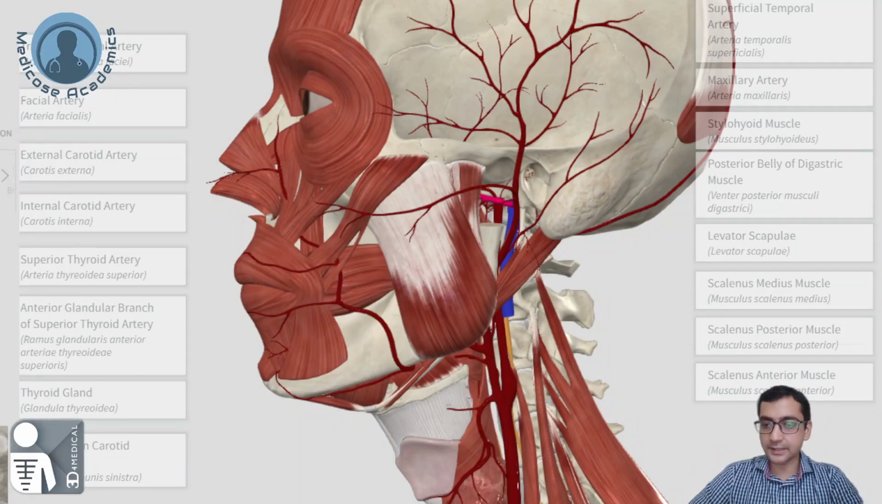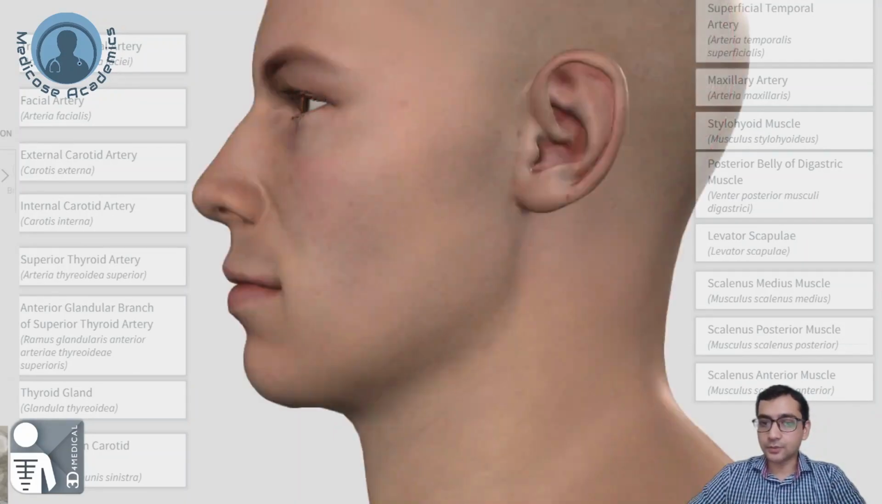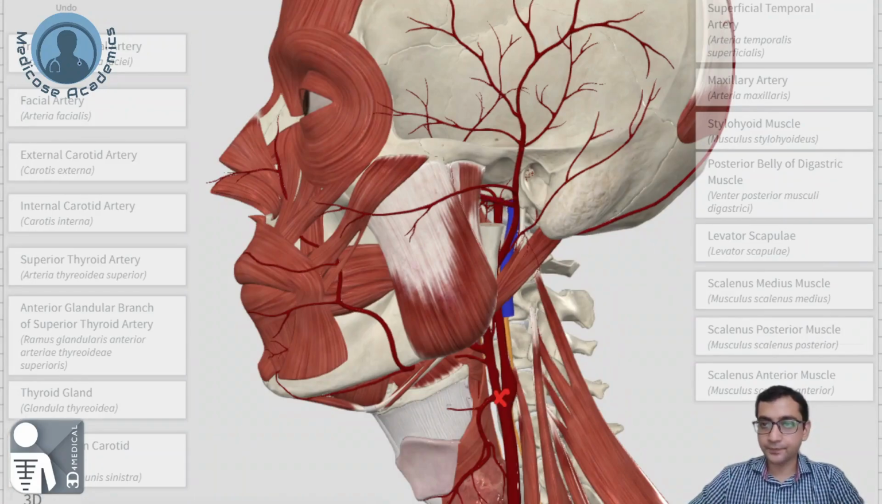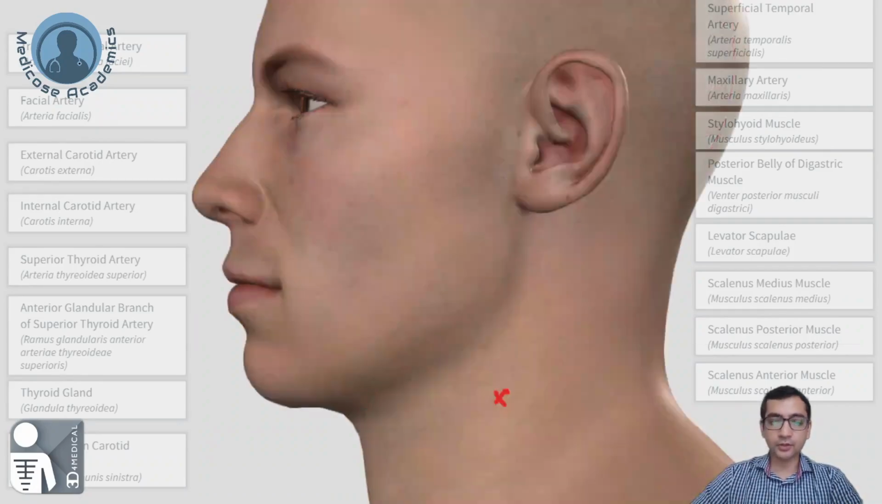Let me go to the skin. Let's do it like this. So roughly, right here was the bifurcation point. We made the bifurcation point just like this: find the sternoclavicular joint and move up vertically till you reach the thyroid cartilage. Then you go